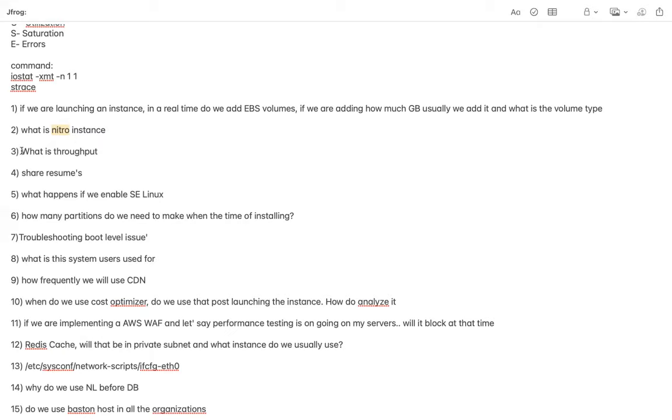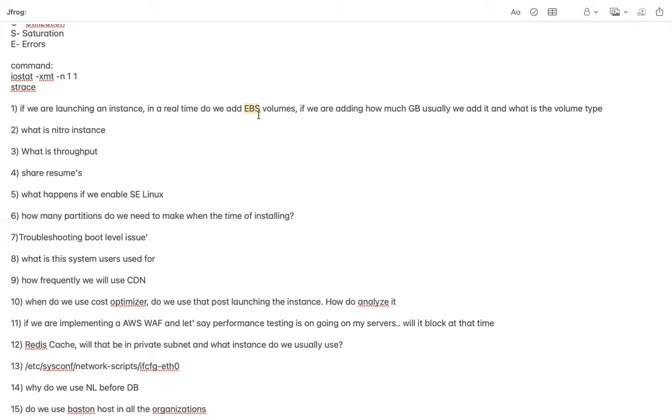What is throughput here? Throughput is related to your EBS volumes. Whenever you perform any operation on top of a disk, that is known as throughput. We analyze the performance of a disk in two ways, IOPS and throughput.